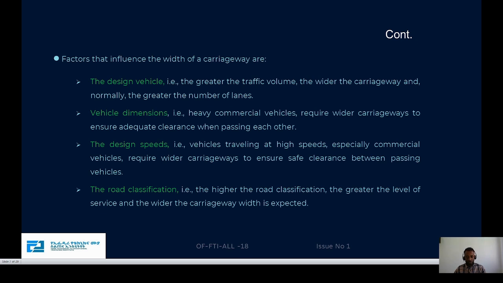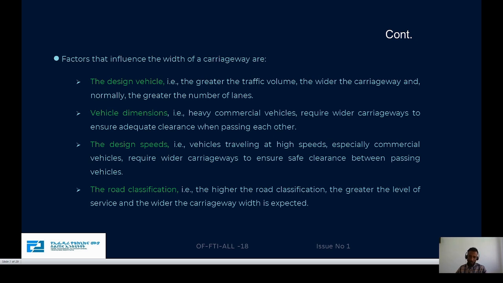The design speed also influences the carriageway widths. When we increase the speeds, the width of the carriageway will also be increased. When we decrease the speeds, the width will decrease, and lastly